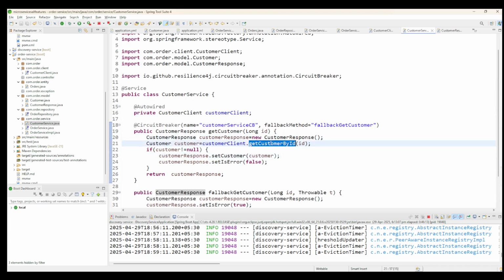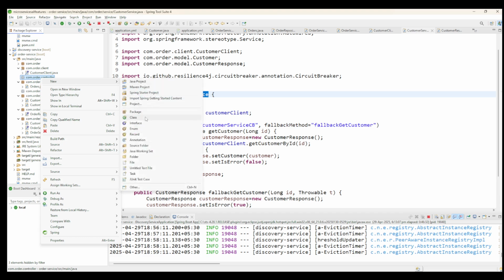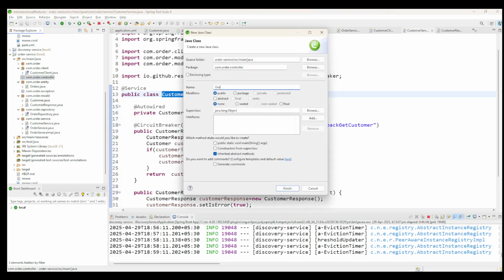So here is the communication: our order service is going to call this customer client, and through this customer service. Now we have created the customer service, but we have not created the endpoint as of now. So let us create one endpoint in order controller. Let us create one controller with name OrderController,